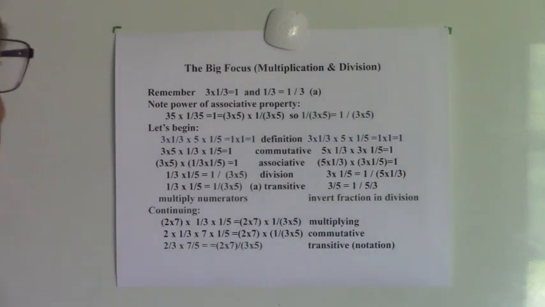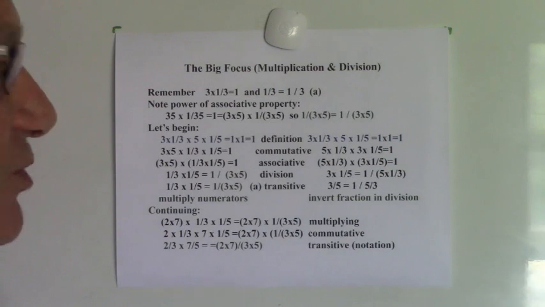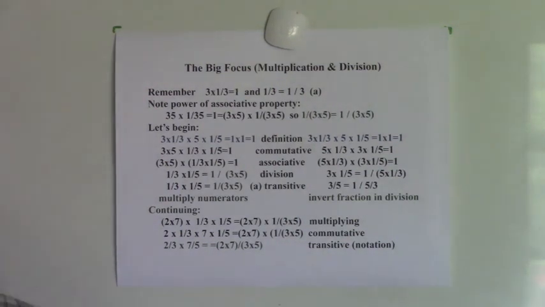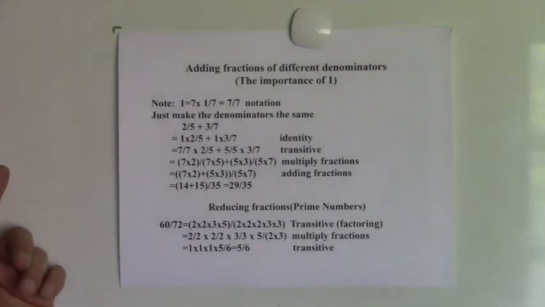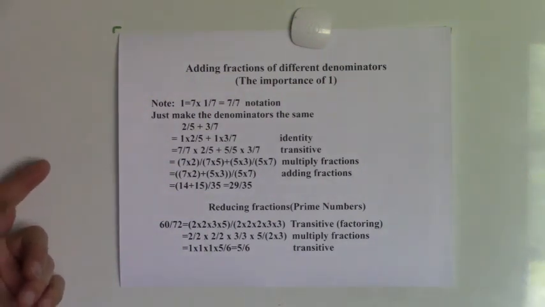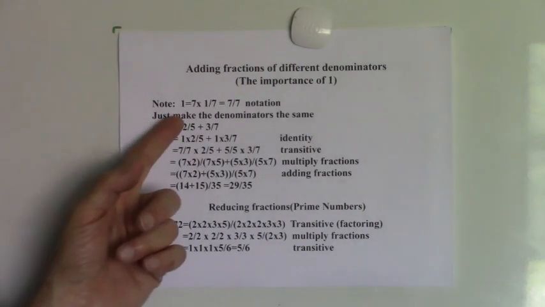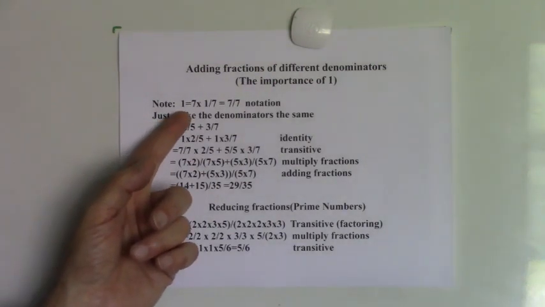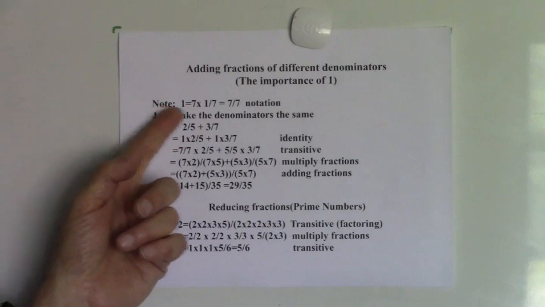So now we know why we multiply the numerators and denominators, but we only add the numerators when the denominators are the same, and they must be the same in order to be able to add them because of the distributive properties. At this point in time, we could let you figure everything out. But let's just look at some of the other applications you have with fractions. Again, let's go back and remember that 7 times 1/7 is equal to 1, which can also be